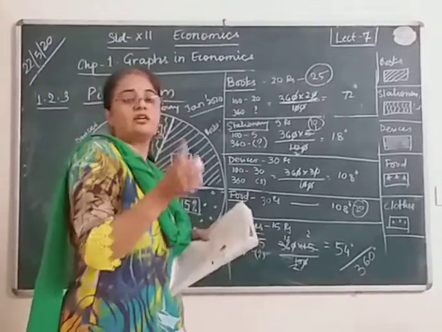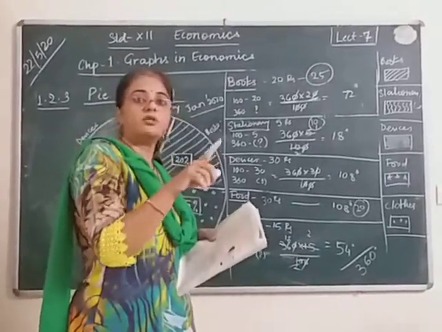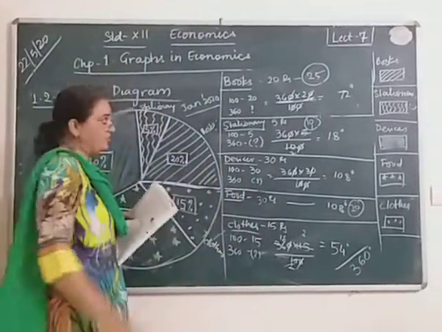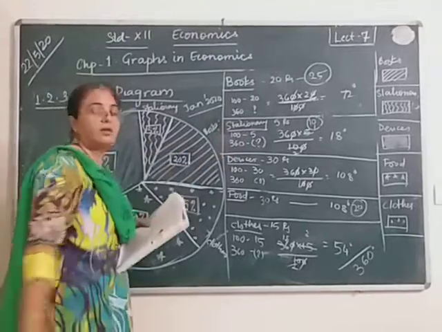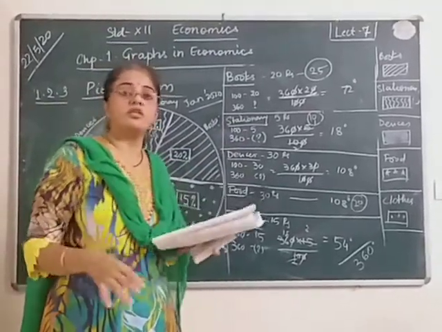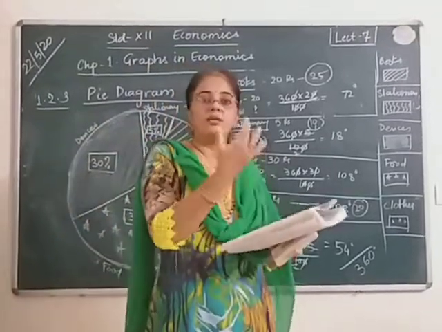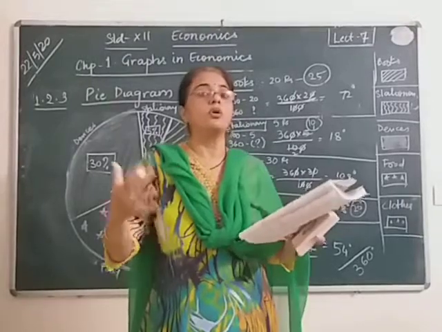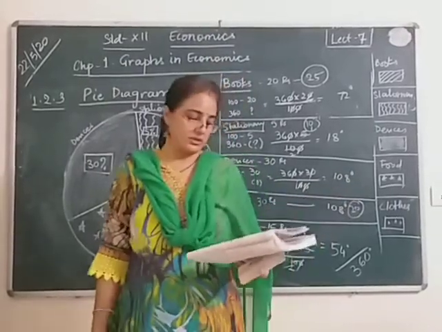Now if a pie chart has to be drawn for that particular month and you have to compare, then you have to draw two such pie charts, one for January and another for the month of February. Similarly, country wise, region wise, time wise. Here it is time wise, of 2 months. In this way, on different bases, you can draw 2 or 3 pie charts.